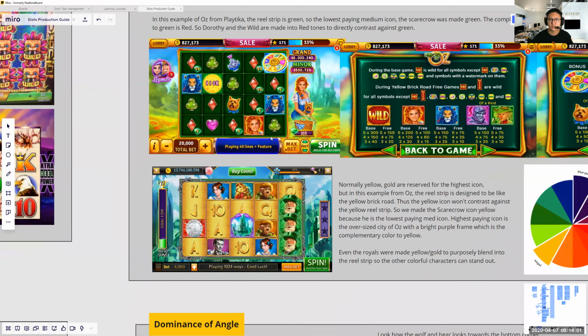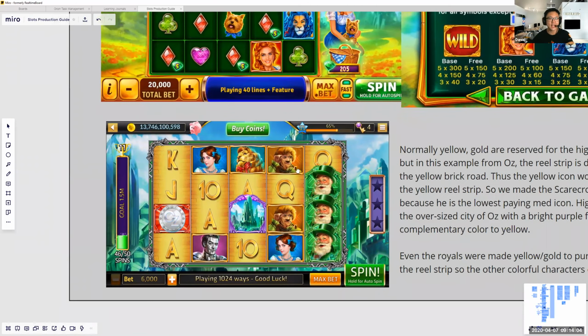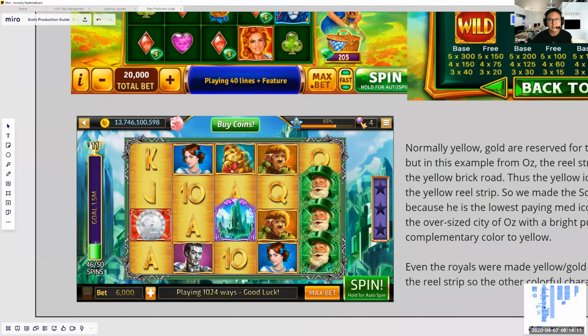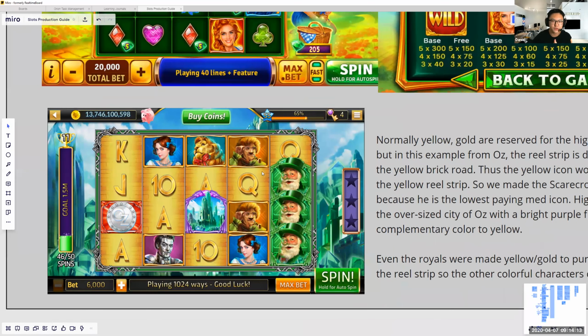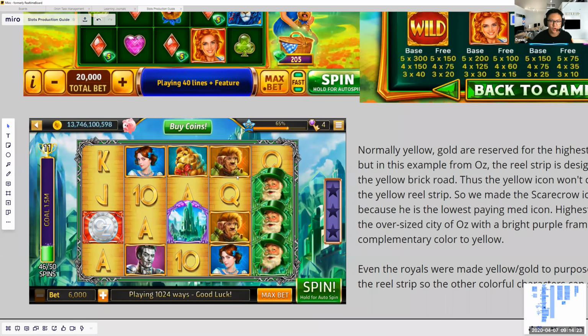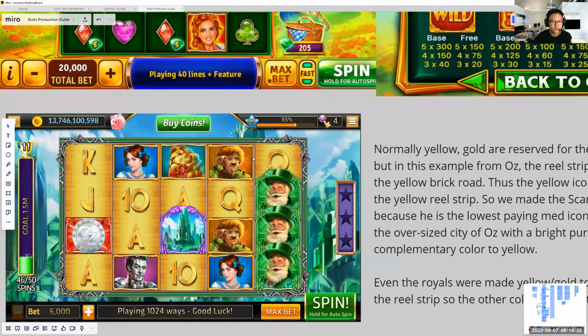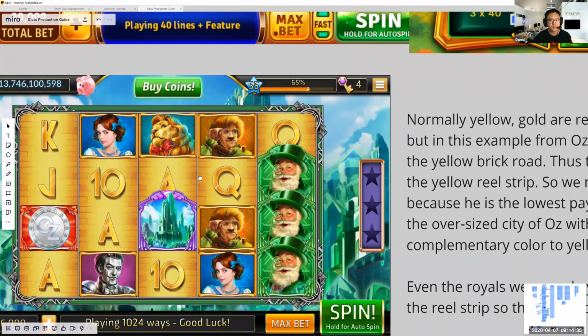Okay, let's take another example of Wizard of Oz, where in this case it's the opposite, where let's say the reel frame is gold. Here, we purposely made all the royals one color because we want to sell the colors of the characters. Again, dominance in terms of colors, right? And now in this example, the scarecrow is actually gold in all of his tones because the scarecrow is the lowest paying icon here, and we want him to push and blend into the reel strip, and let the purple, which is the direct complement,